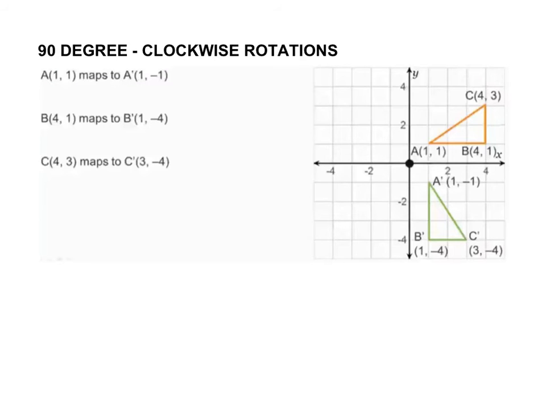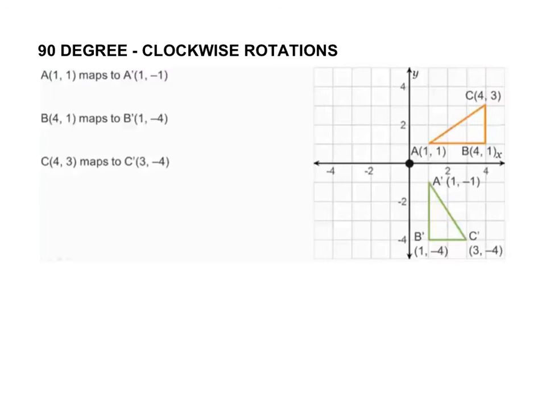Okay, so here's what you got. You got a 90-degree clockwise rotation, so we're going to go this direction, okay? And so going from 1, 1 to 1, negative 1 tells us a story. But the other thing that we can do is look at point B and C and see how those change,